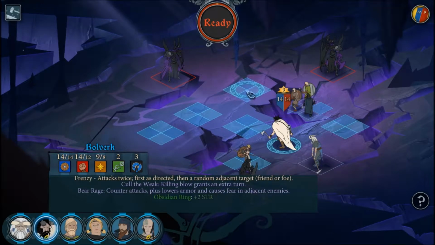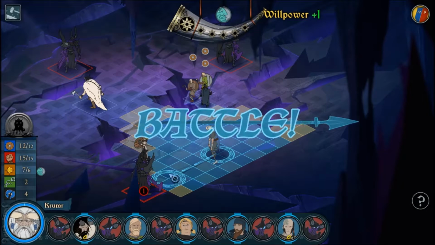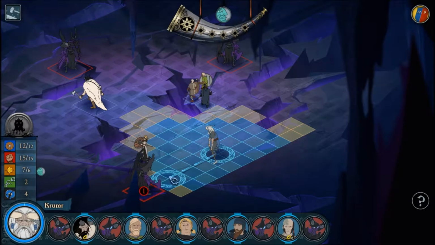And then Bulwark is going to go. Can he move through there? That's the question. I'm going to go here. But yeah, we're going to have 1-on-1 there, 3-on-1 over here, and 2-on-1 down here. Alright, so we'll get you...